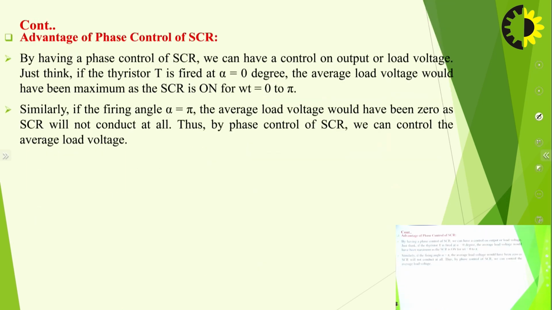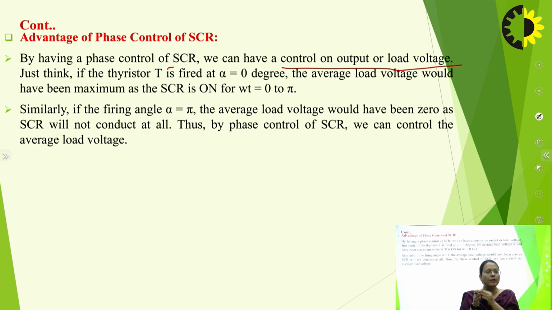So by having a phase control of SCR, we can have control on the output, or you can say the load voltage. That is why it is known as phase control. Let's say we assume that the thyristor is triggered at an angle alpha equal to 0. So the average load voltage would be the maximum, as the SCR will get turned on from 0 to pi. Similarly, if the firing angle is pi, the average load voltage will be 0,